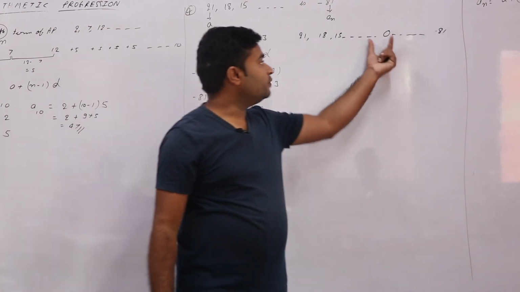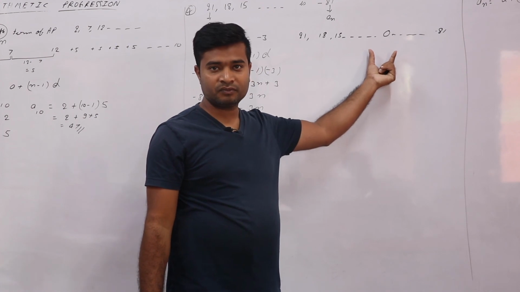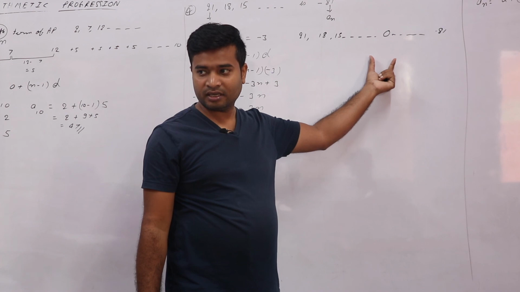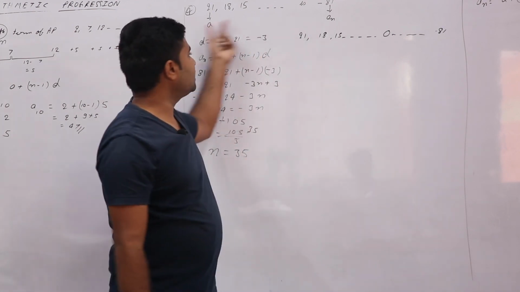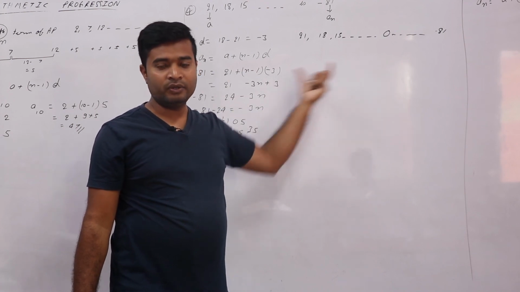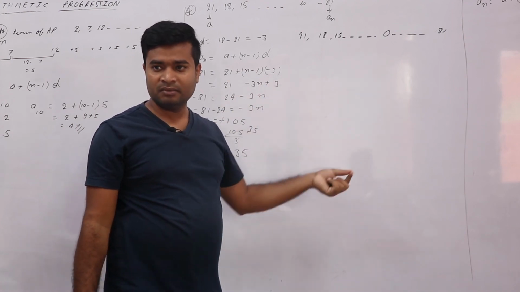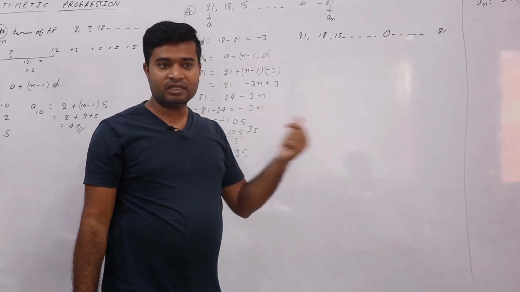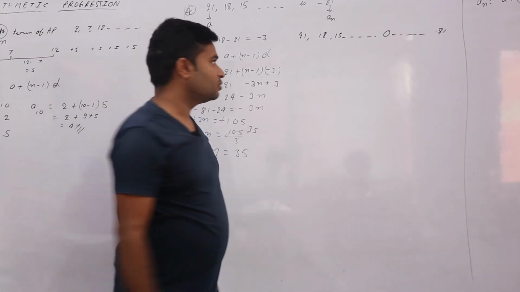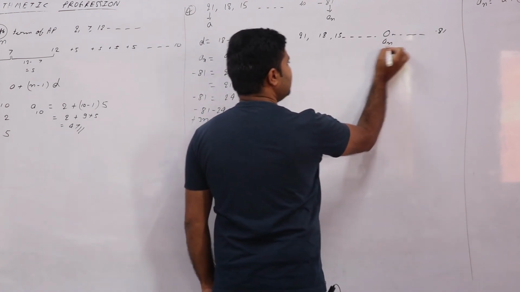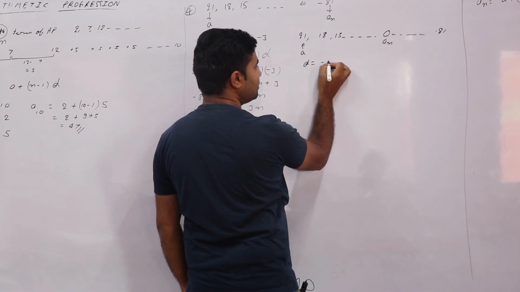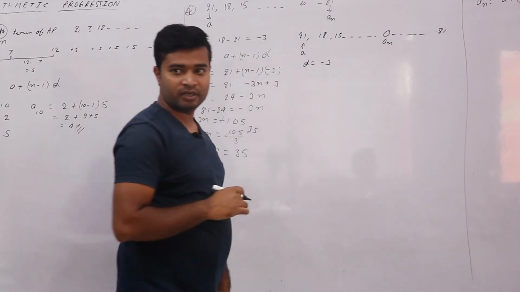Now asking which term will be 0. Which term will be 0 means an is equal to 0 now. In the previous question the last term was the n. Now here saying an is equal to 0. We will apply the same formula. If we get some term exactly, then we'll say okay, in this AP 0 will come, else it will not come. So in this one, this is your an, this is your a, and d is equal to again minus 3 only.